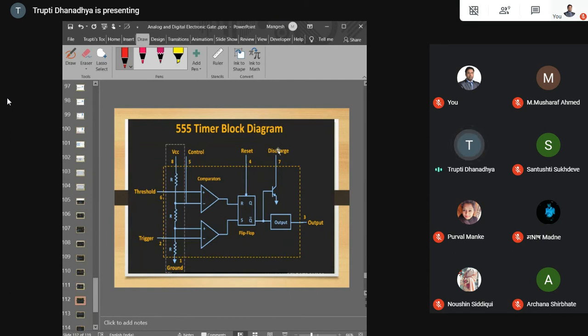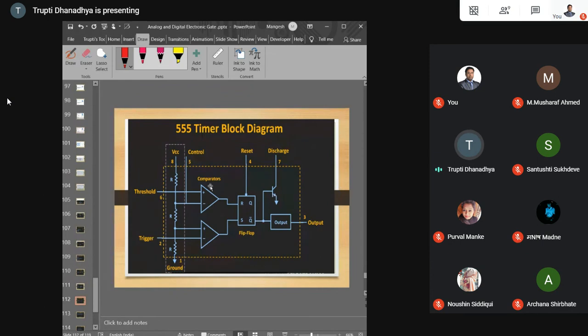So there are three parts of the component in this structure diagram. One is the VCC, you can see over here. This VCC is nothing but the voltage supply. Of course, we require voltage to operate the system. So that's why we require VCC in the circuit diagram. Next is the comparator. We require a comparator for comparing the two voltages. Of course, we are applying two voltages, one is the threshold voltage and one is the triggering voltage. So that's why a comparator is present in the circuit diagram.